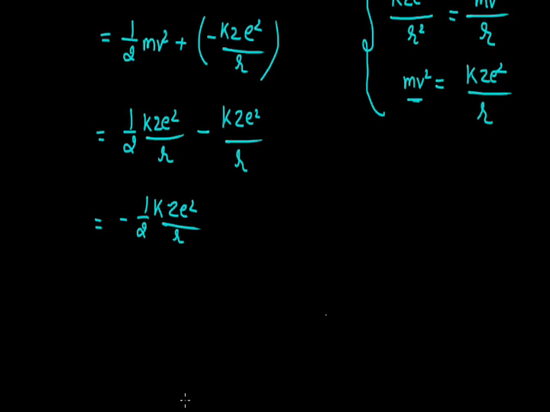Now, from Bohr's postulate, last time we calculated the formula to find the radius. Here I am directly using the formula: the radius of any orbit is given as n square multiplied by the Planck constant square, that is h square, divided by 4 pi square m kZe square. So if I put the value of this R here,